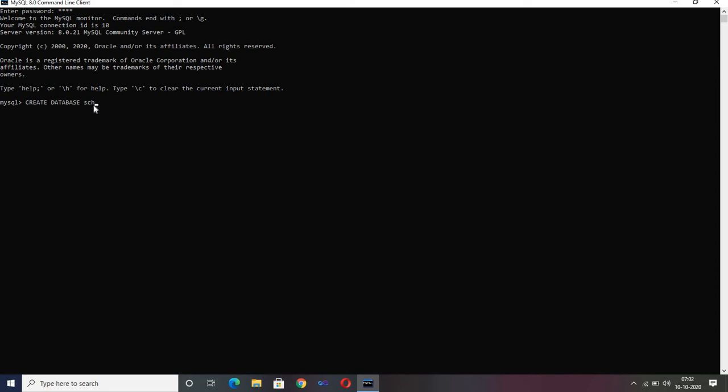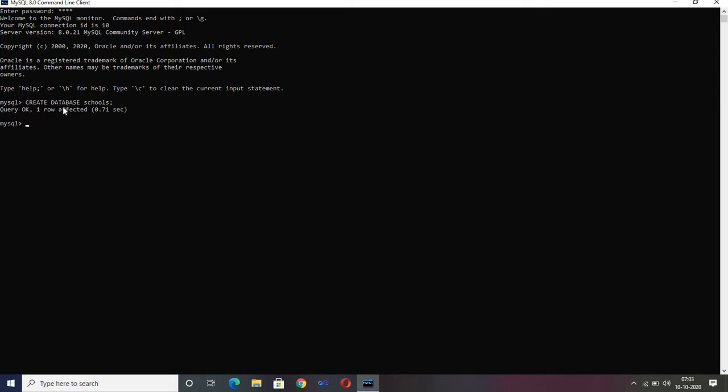So let's say I want to create a database called schools. Okay, and it needs to end with a semicolon. That's a compulsory thing. So this is the syntax. You write create database, and then specify the name of the database which you want to create, and press enter. Now it has shown Query OK, 1 row affected.